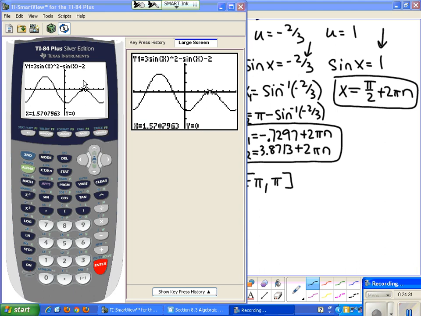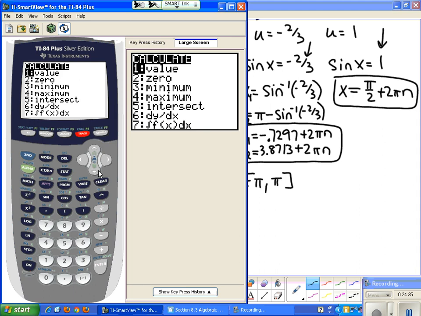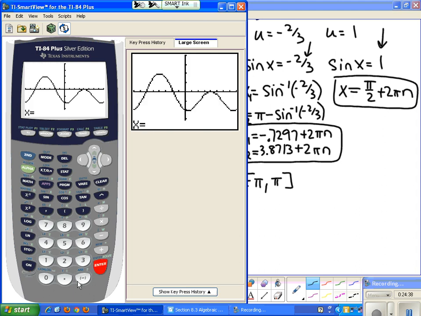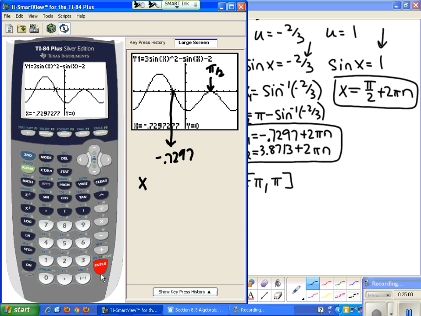So right here we have pi over 2. And then if I do second value, and let's do the sine inverse of negative 2/3, that gives me this value right here. So I know this one is the pi over 2 answer. This one is the negative 0.7297. Well, what about the other answer we found? Remember, it was x equals